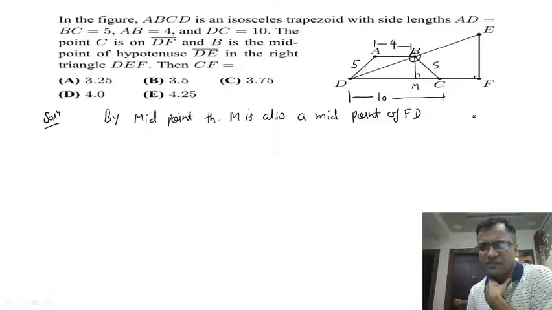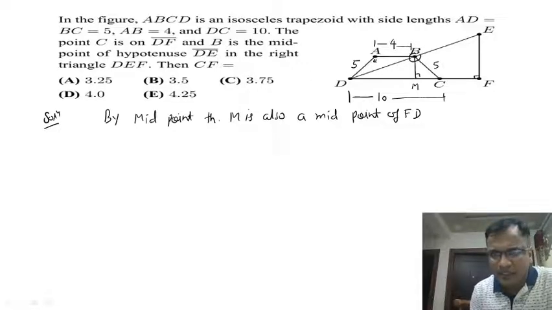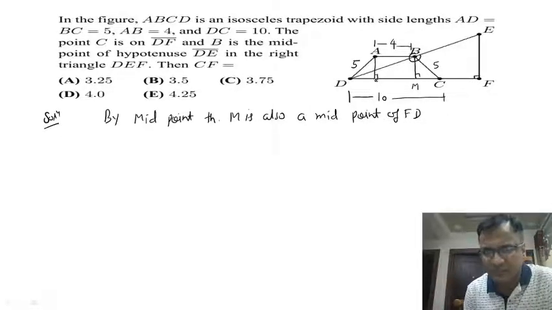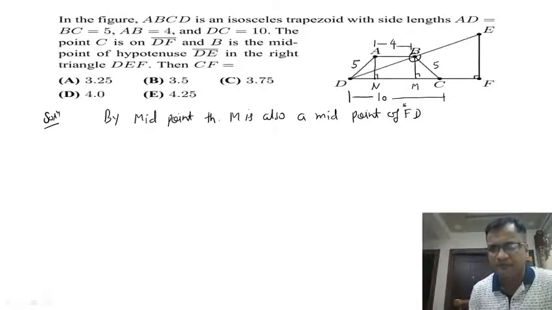Then definitely M is a midpoint of FD. Okay, draw one more perpendicular from the point A to the side FD, and suppose the foot of this perpendicular is N. Then obviously ABCD becomes a rectangle. So the length MN is 4, and